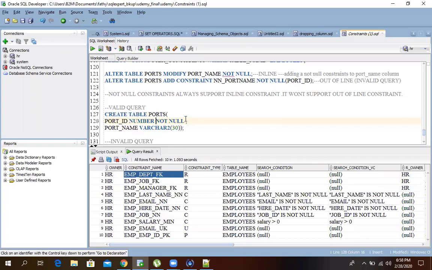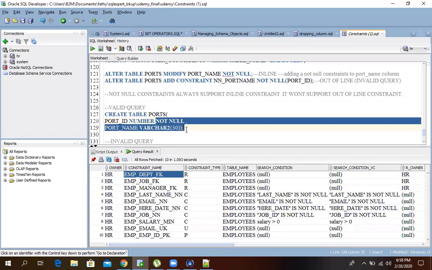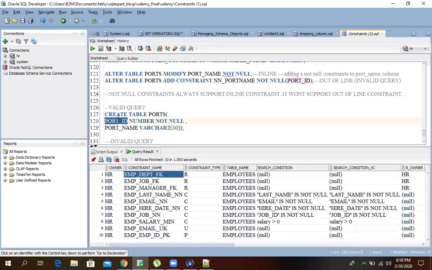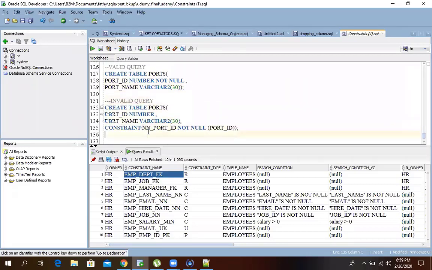Because after not null, they didn't give any column information, so it will apply on port ID. So this query is a valid query because not null is inline. Not null always supports inline, so this query will execute without any problem.